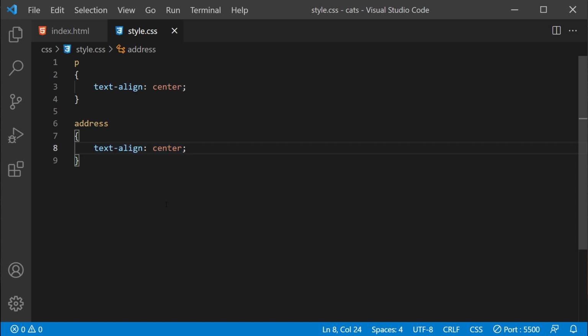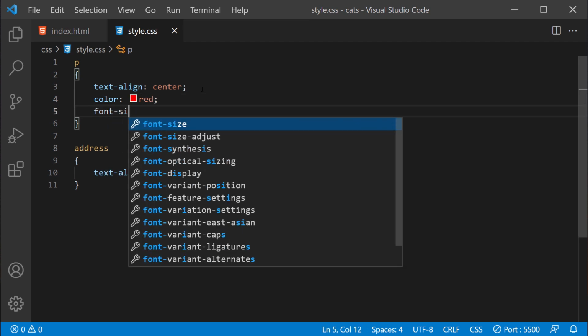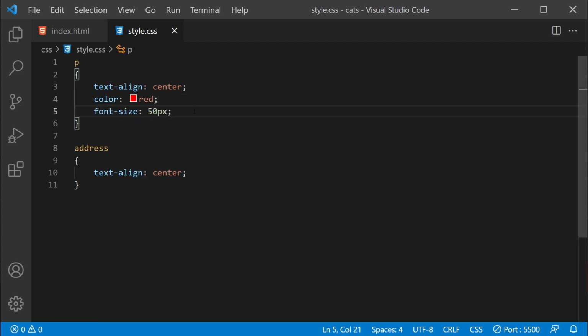But we repeated ourselves 2 times. Imagine that there was more things, like for example, color, font size, right? Something like this. So we would need to do such things like this. Not good, right? So we can solve this still, but in order to do it, we need to use the